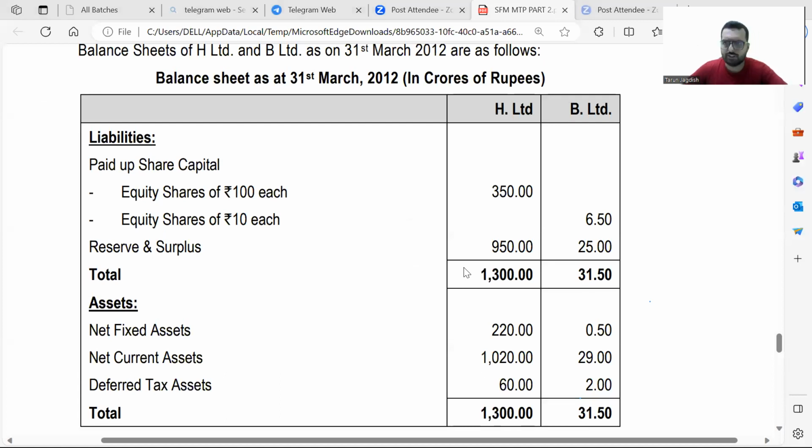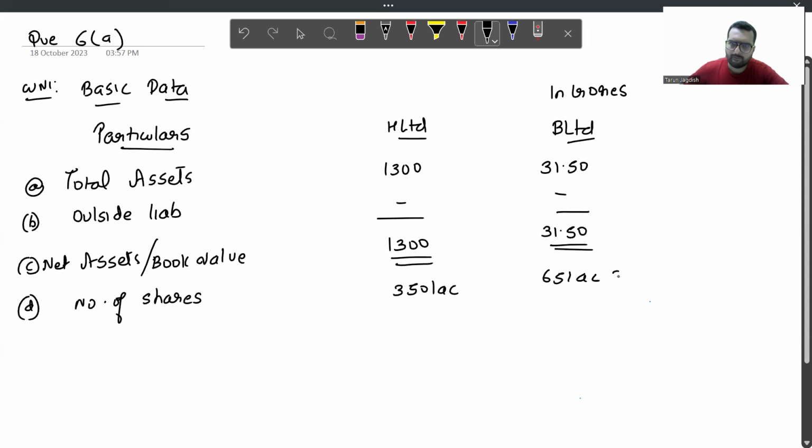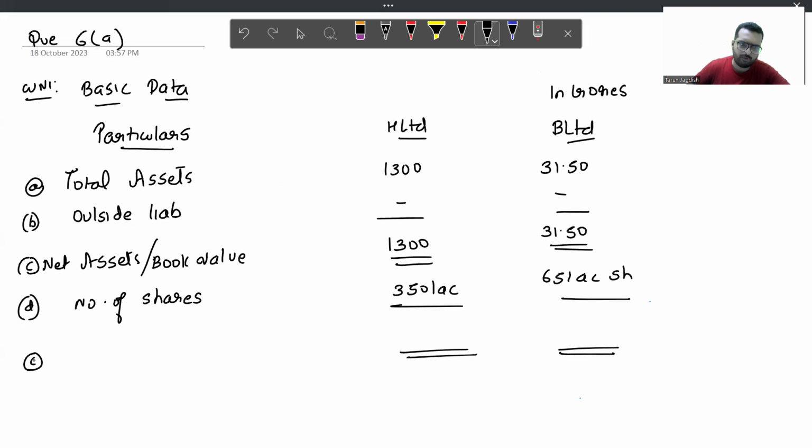That's 65 lakh shares. Therefore, can I find out the book value per share? That will be 1,300 crore divided by 350 will give you 371.42 rupees. Divided by 65 will be